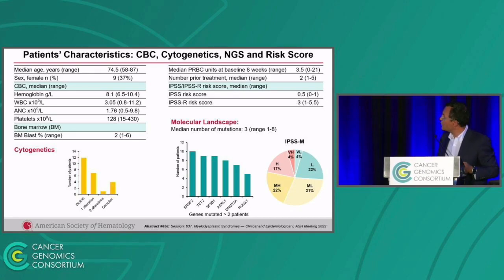But this is very important because when we start putting the molecular data, the study that is for so-called lower risk patients, and we now put the IPSS-M, what you see is what I told you at the beginning, that is now we are upstaging these patients. So indeed, okay, very low, 4%. This is actually the group that we intended this therapy for, not the ones that I'm going to show you next. Low, 22%. Moderate low, 31%, but then we go high, 22, high, 17, very high, 4. So actually, if you do the math, it looks like 40% of these patients, if you just look at the molecular data, have actually high-risk disease or poorer prognosis that probably should not be treated in a study